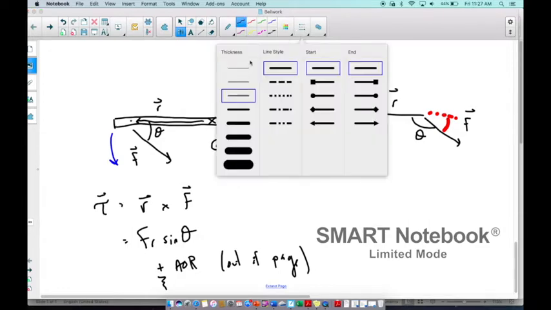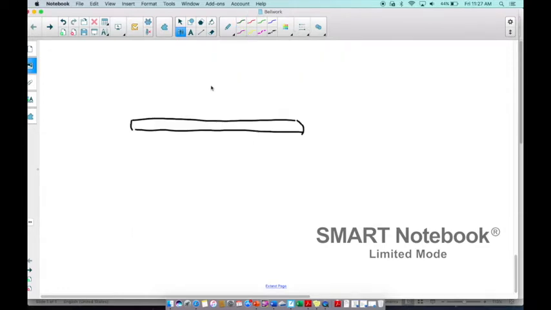Okay, let's do one more example. Let's say this time that the axis of rotation is like this. So this thing is capable of swinging into the screen or coming out of the screen at me. And let's say that I apply a force right here. And let's say that my force is going into the page. And here's my r vector. So my force is perfectly into the page, and